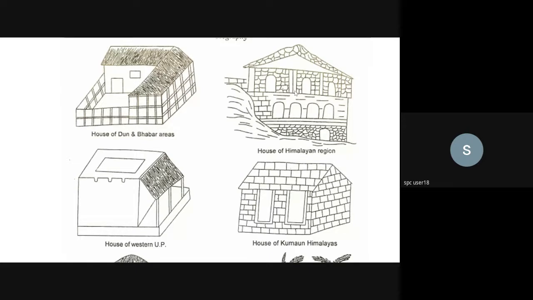In such areas, rural locations are such. You'll see that it's compounded here. The roofs are thatched again as such. Okay. Then, interestingly, you'll see that Himalayan regions, Kumaon regions, you'll see that they are built with stone blocks.